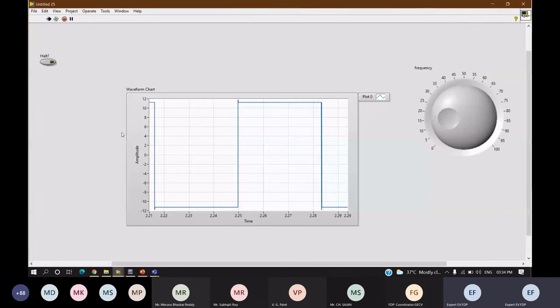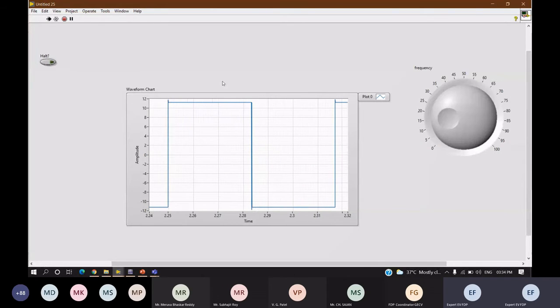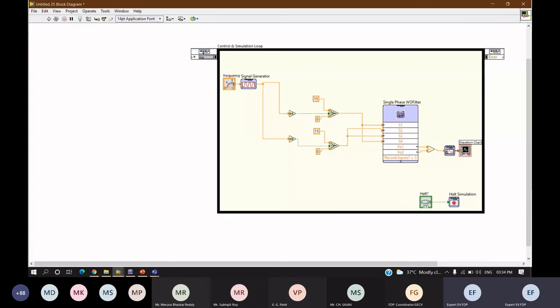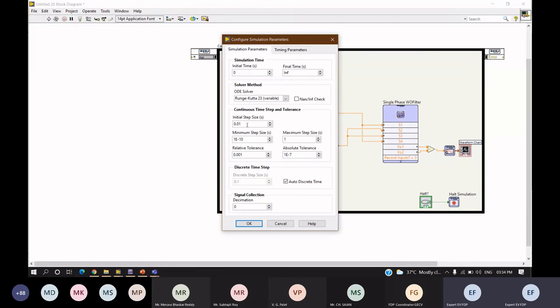In this you can see the simulation is very slow. That is because in my simulation loop, I have given a very small time over here, in the initial step size and its configurations. I have given very less duration. That is the reason. So now what I'll do is increase it.